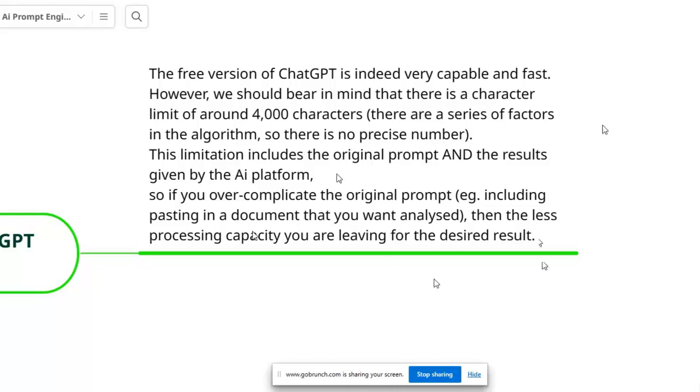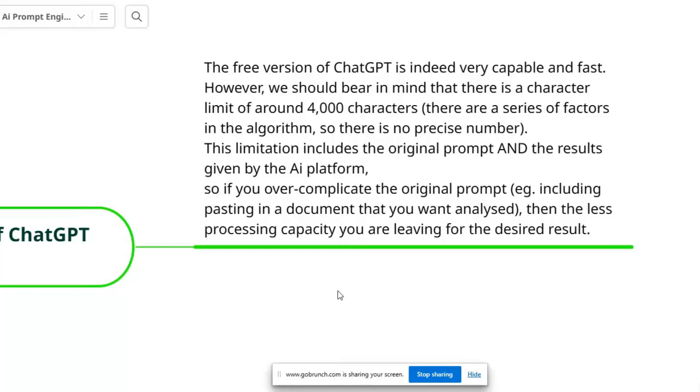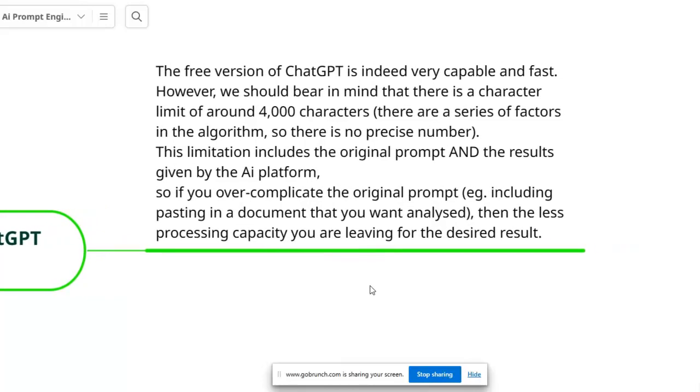And so we do say try to be as precise as possible in the prompt, but we have to bear in mind that we may have to break it down into more steps. So if, for example, you wanted, I'm thinking off the top of my head here, let's say you wanted to create the Hogwarts book, the Harry Potter book,